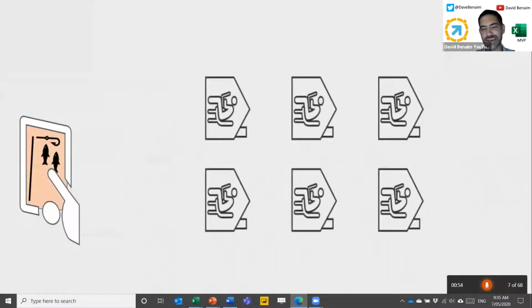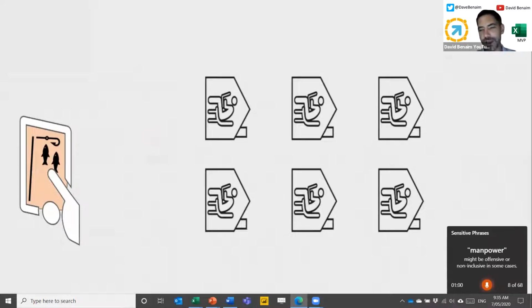Let's do some other stuff. We are going to talk about the manpower needed to make this work. Again, manpower might be offensive. Maybe I'm going to give this presentation for gays. The gays in the world are going to love this. You see, it doesn't like that either. All right, so let's exit out of slideshow mode